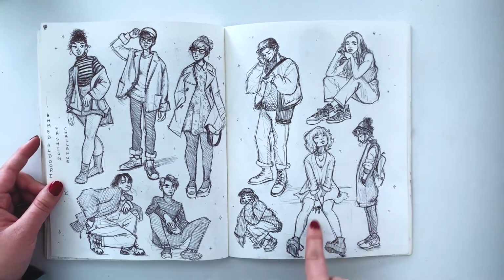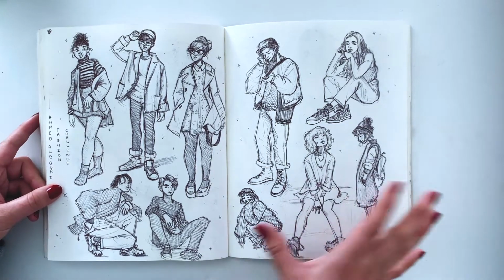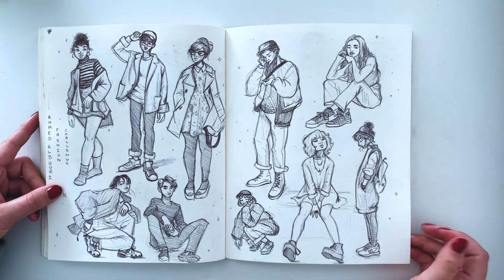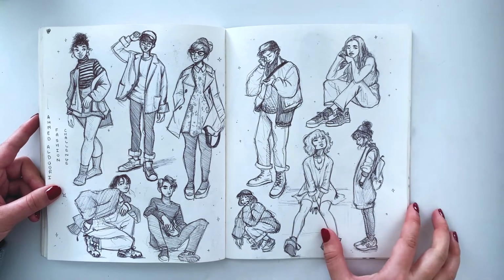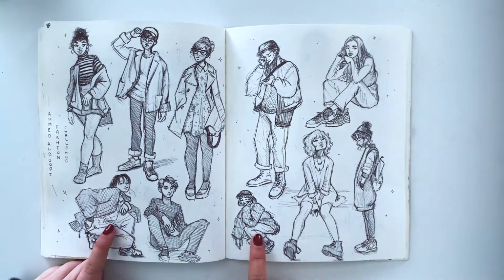I really realized on this page how much I really liked working with ballpoint pens. I just really like the variation that you can get with line width and kind of texture, I guess. I really like how she turned out. I think she's really cute. And these two girls here,